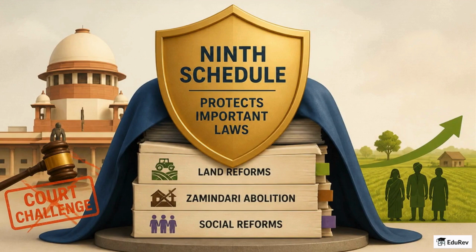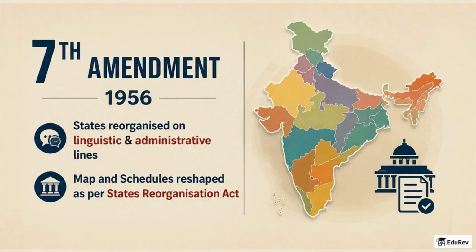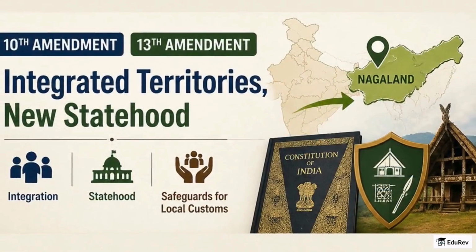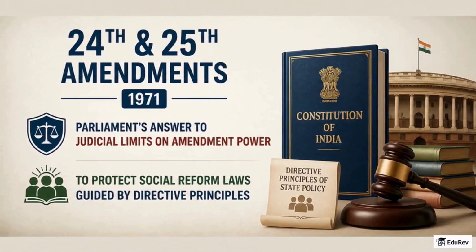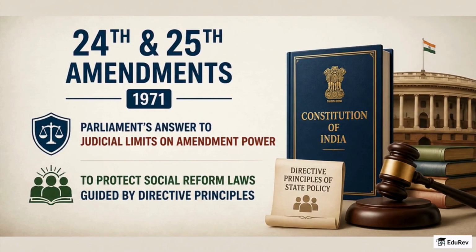while social reforms proceeded. The Seventh Amendment of 1956 reorganized states on linguistic and administrative lines, reshaping the map and schedules to match the States Reorganization Act. The 10th and 13th Amendments formalized integration of territories and granted statehood to regions like Nagaland with special safeguards for local customs. The 24th and 25th Amendments of 1971 were Parliament's answer to judicial limits on amendment power and to